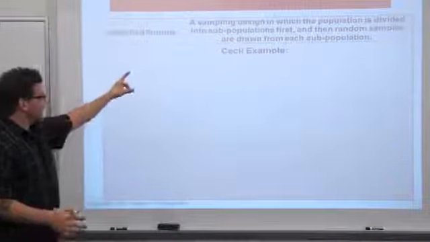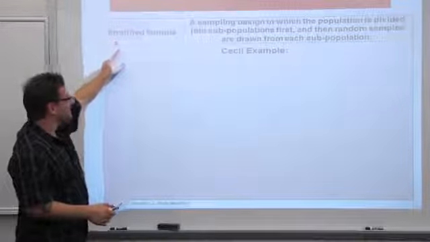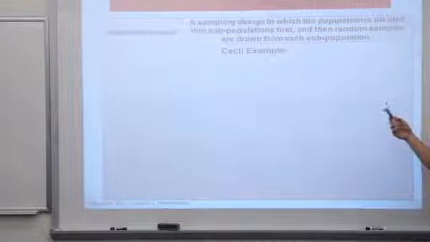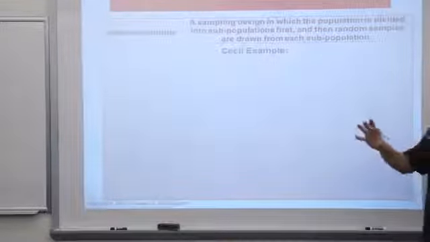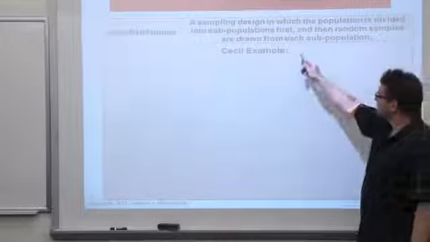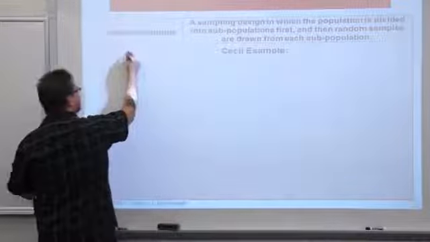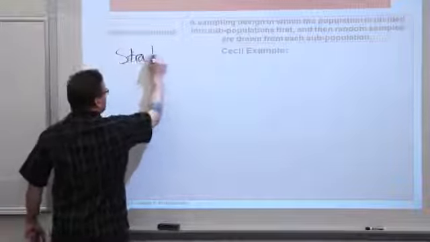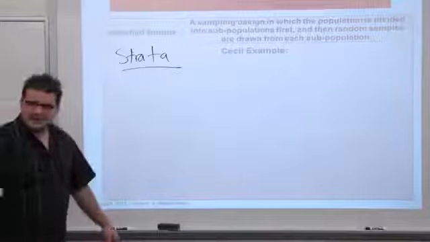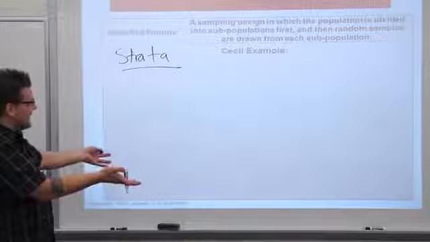First up on our list of about 5 or 6 different sampling methods is what's called a stratified sample. Here's a stratified sample: a sampling design in which the population is divided into subpopulations or groups first, and then we take random samples from each of those groups. The groups here are called strata, which comes from stratified, right? We're picking students from all the students at Cecil College, and